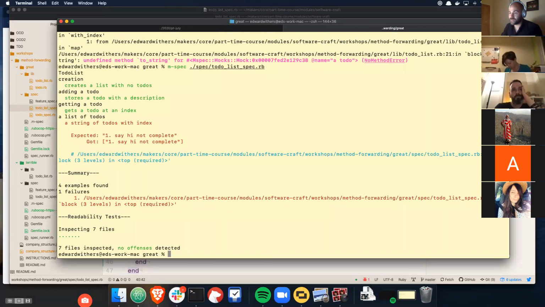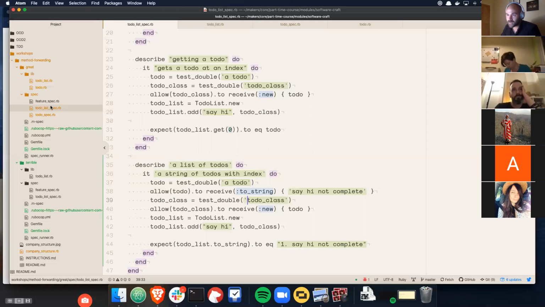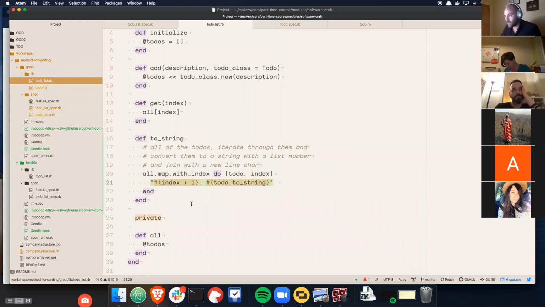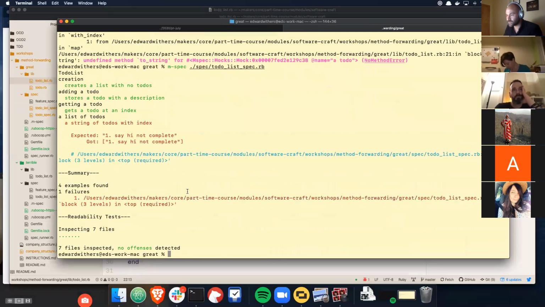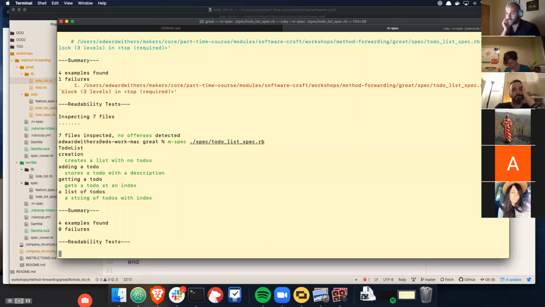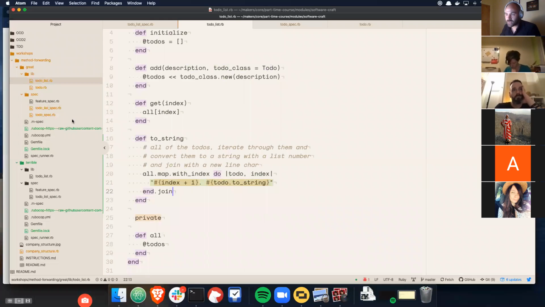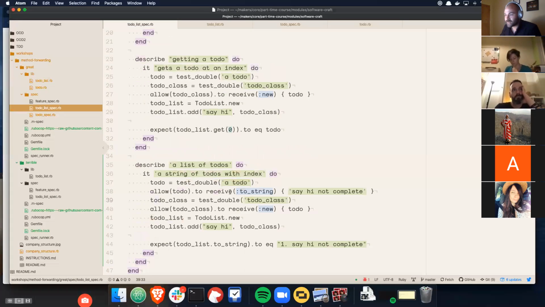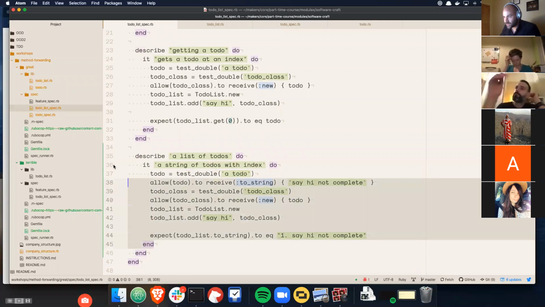Cool. Okay, so my list of to-dos is still just returning the array rather than joining it. So let's go back to my to-do list and join it together with a new line character, because I know at some point I need to, but I'm not going to write source code without needing to. So I can pass this test at the moment. So I need to add another test to cover multiple ones. So let's just do another one,